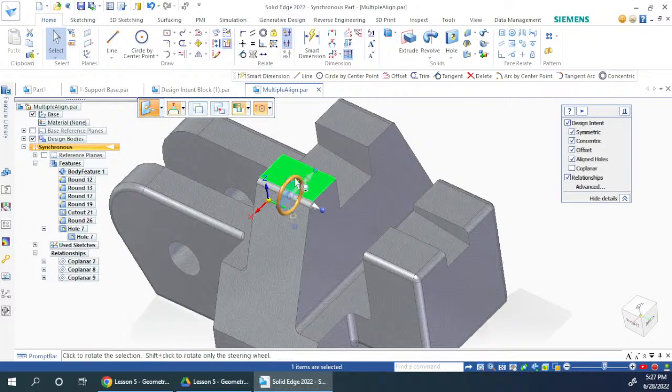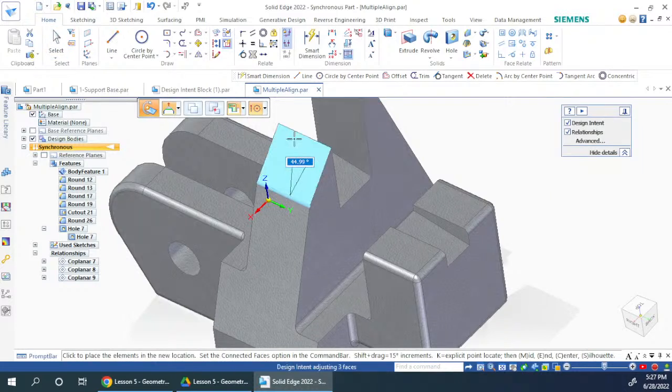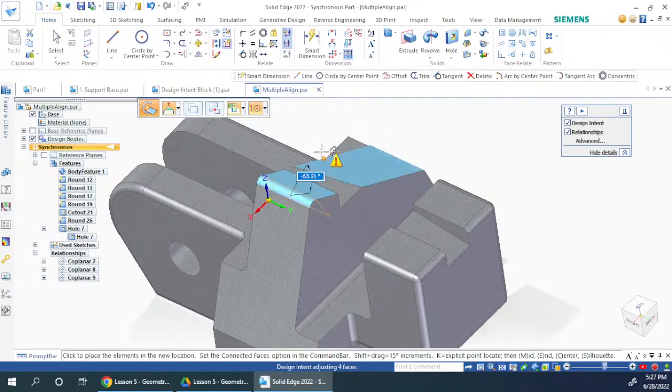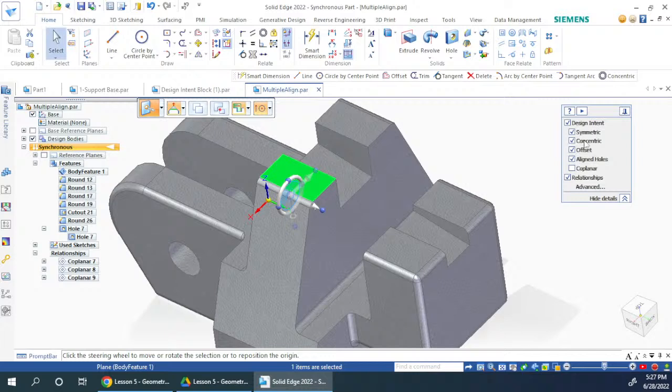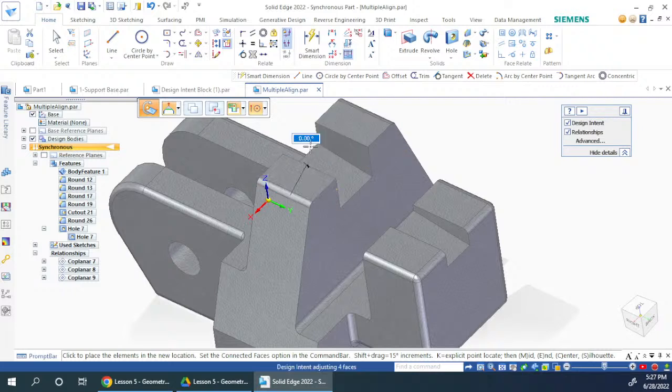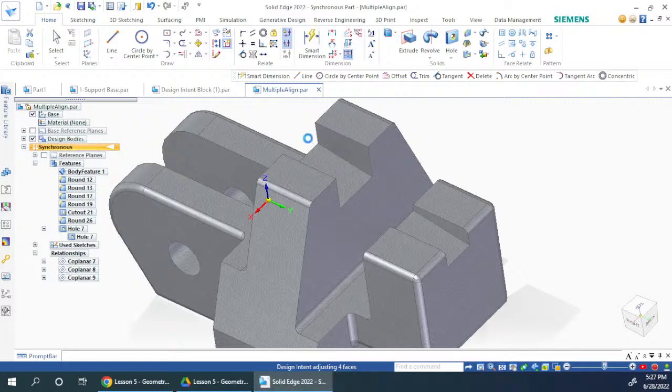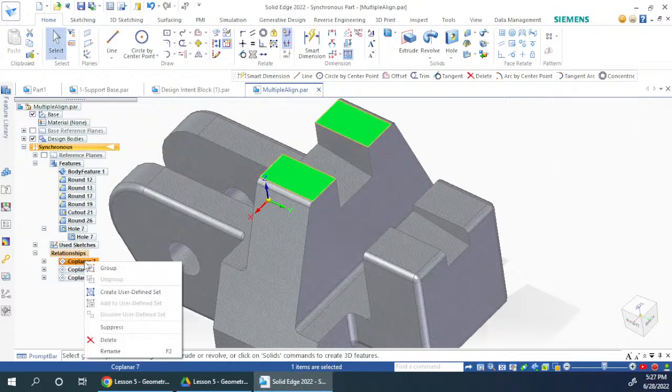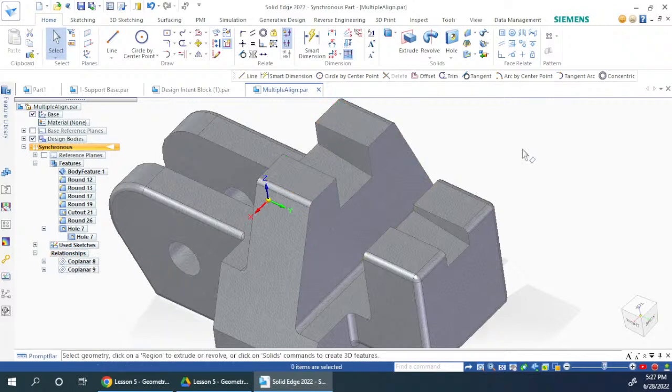So if I try to rotate this, you can see this is getting modified like this, even though symmetry is selected here. Even though symmetry is selected, it's not applying the symmetry on both the sides. It's just applying the coplanar relationships because it's a permanent relationship. But if I go there and delete it,